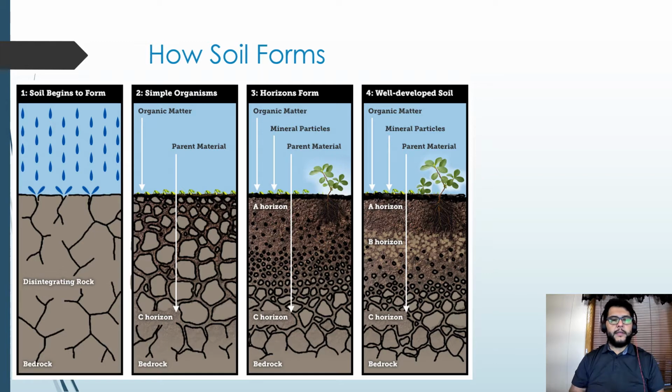So here in this one, you see that there's a difference in the different layers and how soil begins to form. Mainly, looking on the left here, it breaks down through water and wind first. Then some organic material will start to come in and it'll start to biologically break it down as well. And then you'll start to see the bedrock on the bottom, then the C horizon will form down there. Then you'll have kind of a mix of an A and a B horizon. And then finally, well-developed soils will have an A horizon and then an O horizon, which is that organic material up top. So that's an important thing to understand. And when we're talking about horizons,